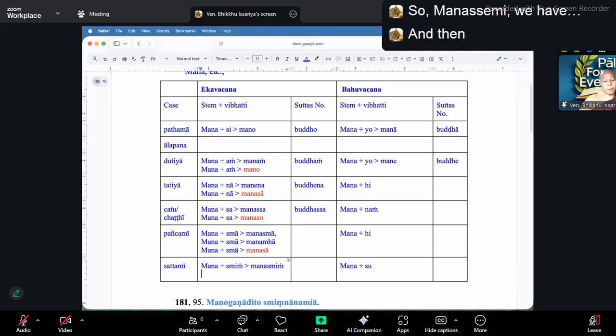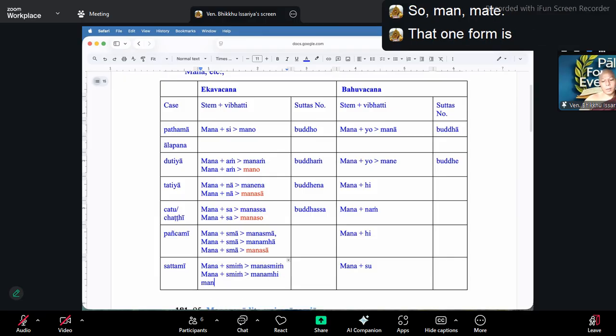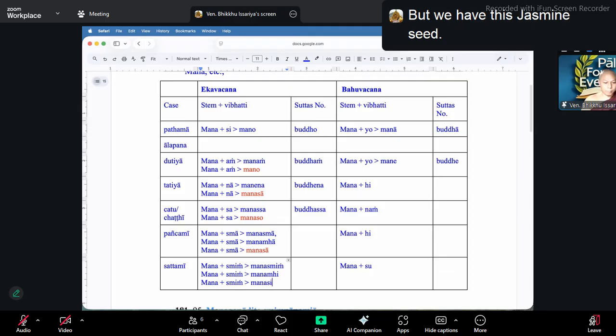And then mana and the same, we have manam, mi. But one form is mana and the same, but we have just mana si. So the others are the same as, like a